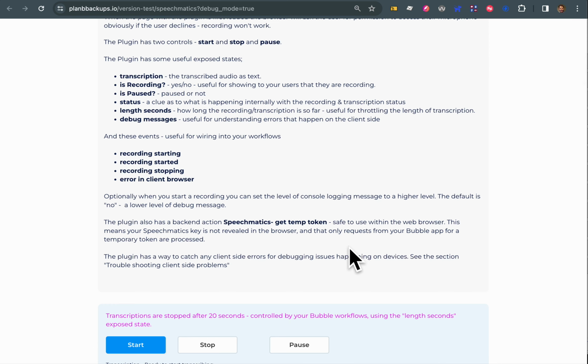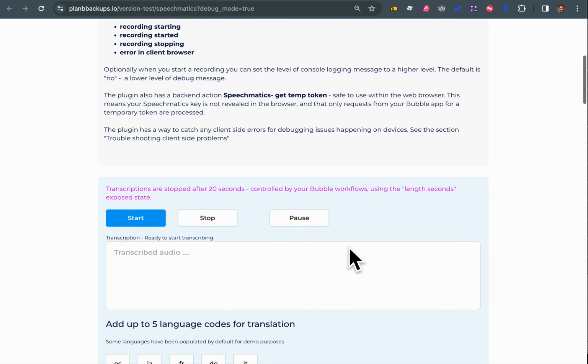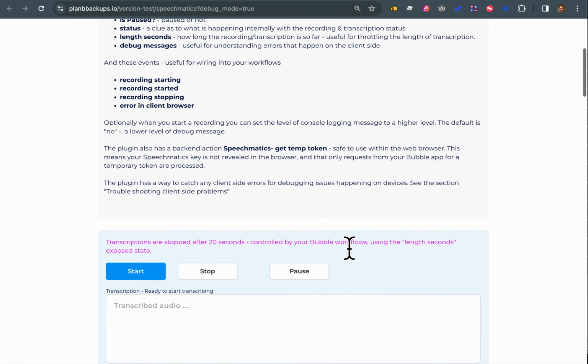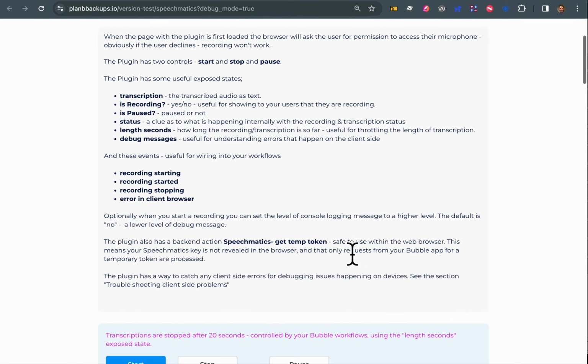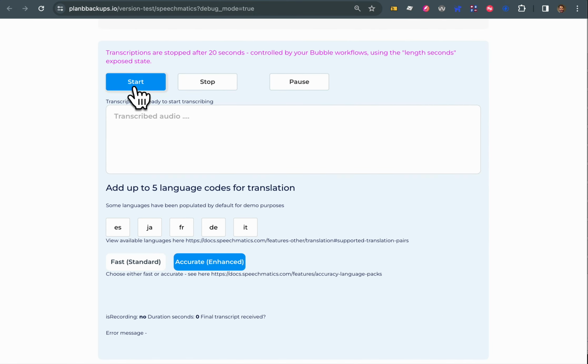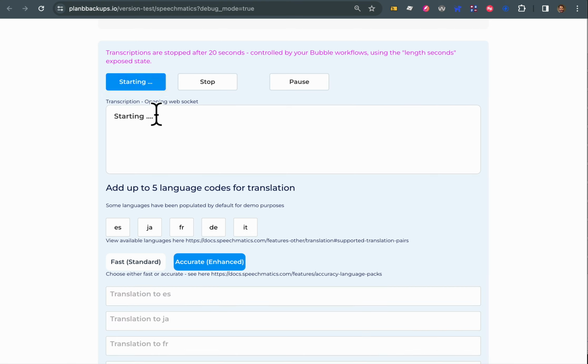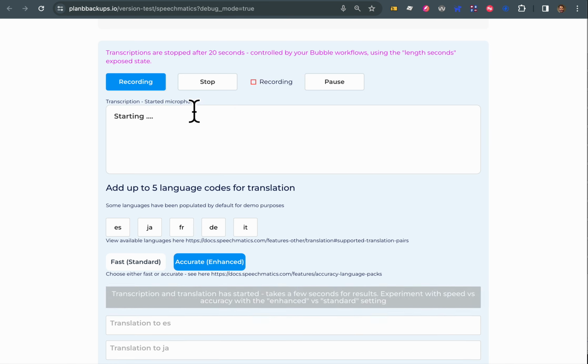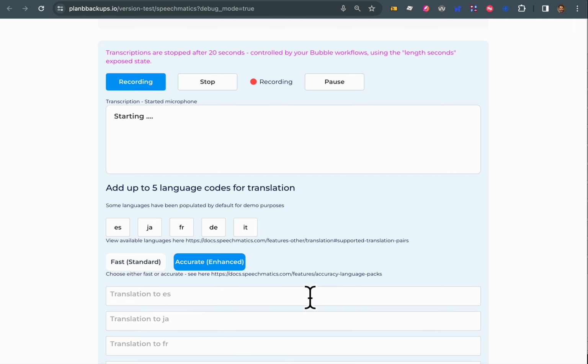Speechmatics is a service which can, in real time, do transcription and translation, and I'll show you what that looks like. You start a transcription. It takes a little while to get warmed up. It says opening the WebSocket and then starting the microphone. That took maybe a few seconds. Now we are recording, and at the same time we're sending this off to